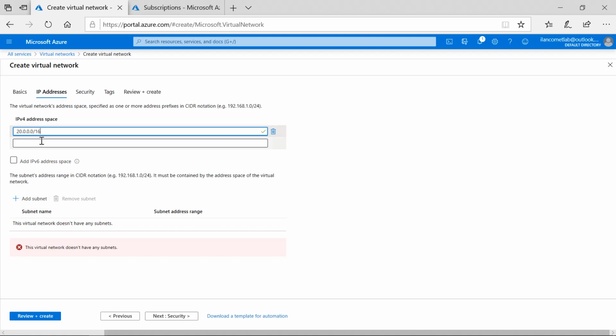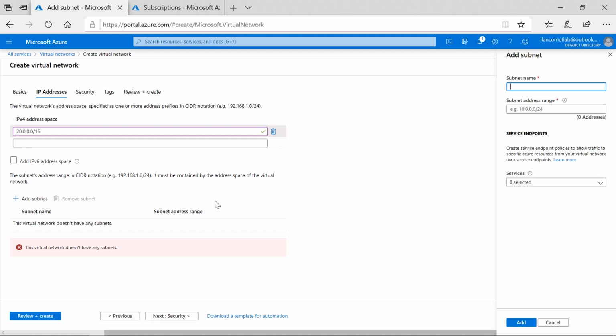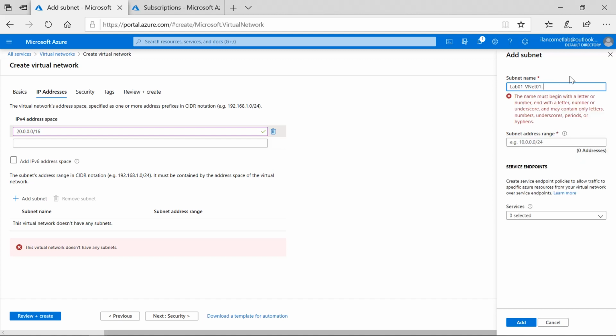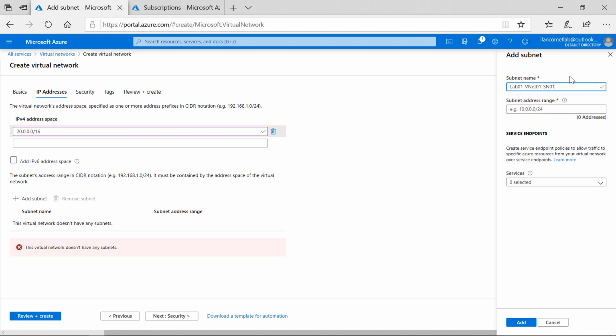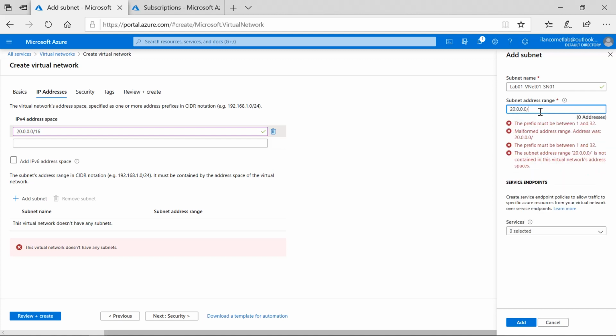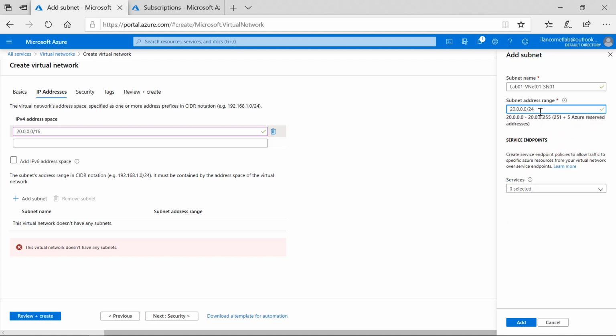Also, inside the VNet, we need to create the subnets. So press on Add subnet. You can give any name for your subnet. I'm just giving the name lab01-vnet-SN01, I mean subnet 01, and you can give the range of the subnet like 20.0.0.0/24. I'm using /24, so that I'll get 251 IP addresses available for me, and 5 IP addresses are reserved